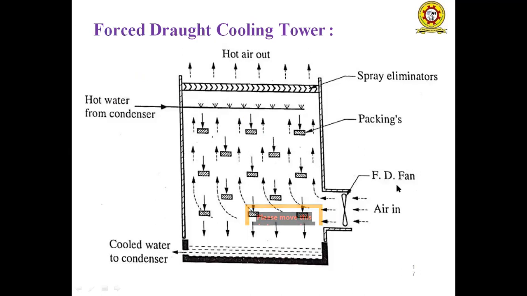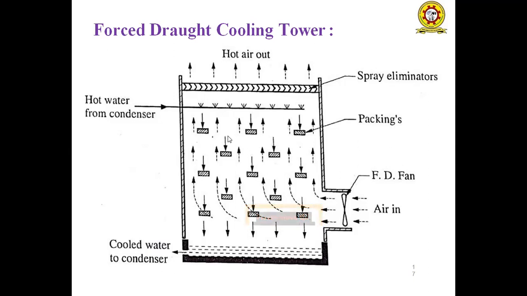These towers are usually built in cells or units. Here the cells or units are in the form of packings, depending upon the number of cells used. It is similar to the natural draught tower as far as interior construction is considered, but the sides of the towers are closed because fans are used, forming an air and water tight structure, except for air openings at the base for the inlet of fresh air and the outlet at the top for the exit of air and vapors.